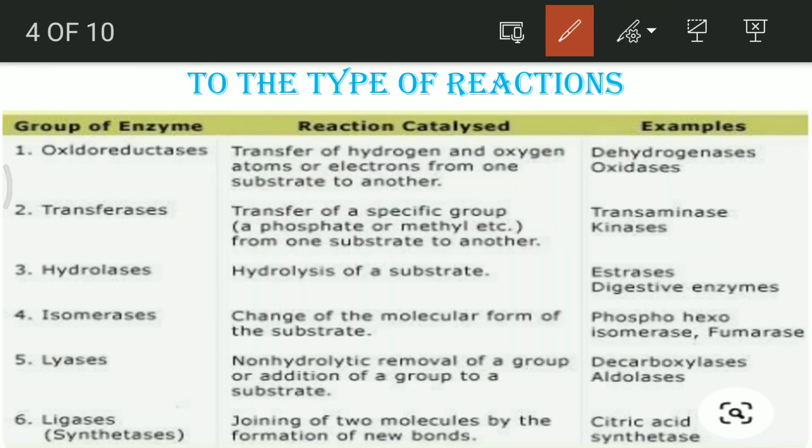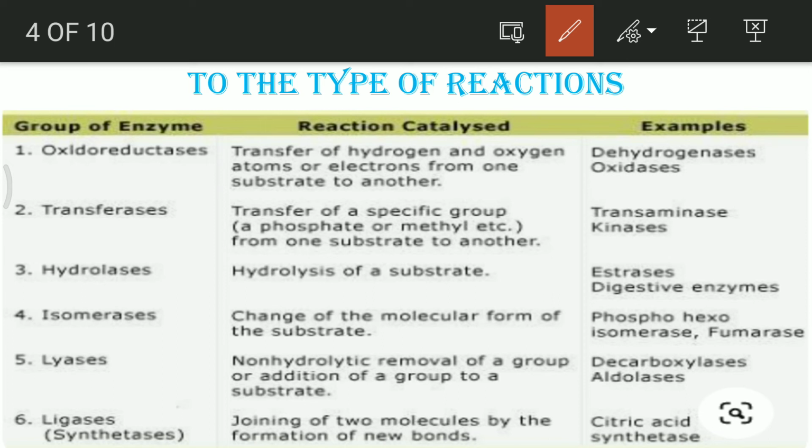Next is the transferase. The transferases are certain substances which help in transferring a specific group from one substrate to another. This specific group can be anything, a methyl group or a phosphate group. For example, transaminases or kinases are examples. So one common example will be of